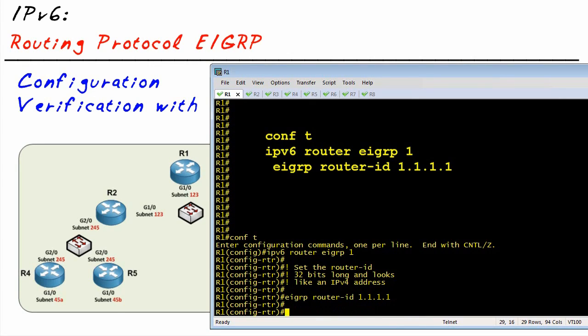I'm going to give R1 the router ID of 1.1.1.1. Now everybody needs a router ID and they all need to be unique. So we don't want to duplicate that on any other device. Now although to you and me it looks like an IPv4 address because of the dotted decimal look and feel, it's really just a representation of a 32-bit number,